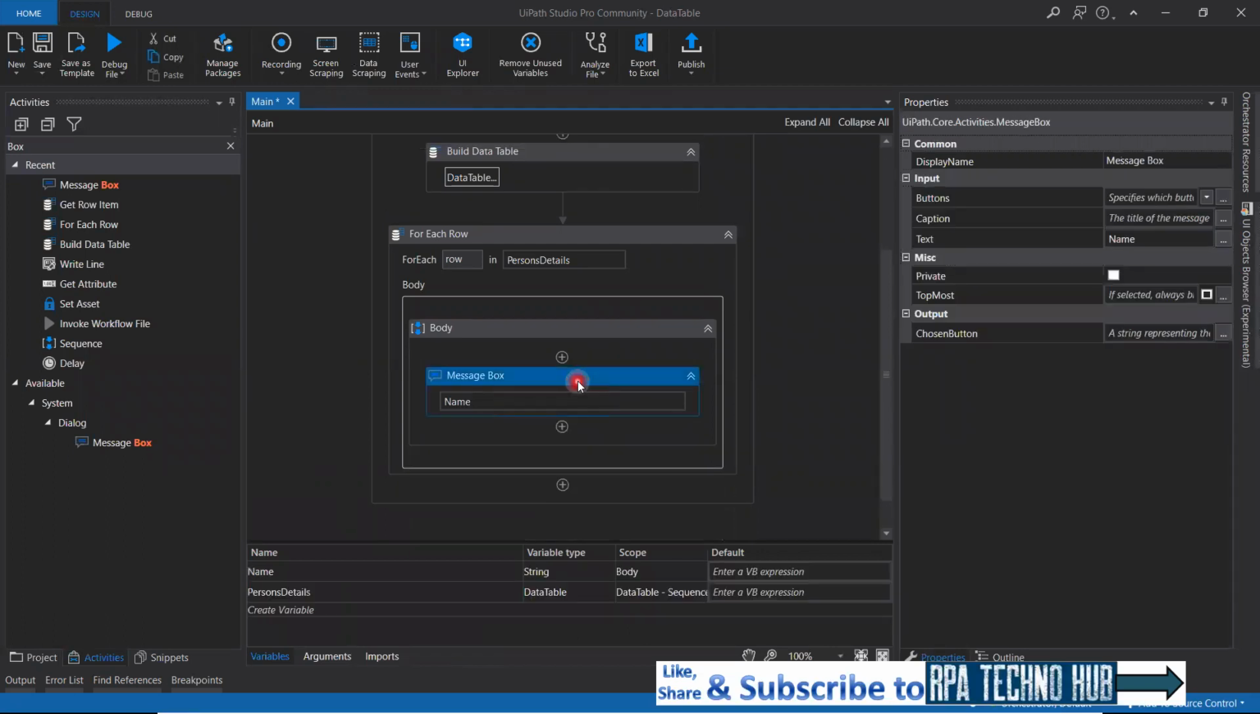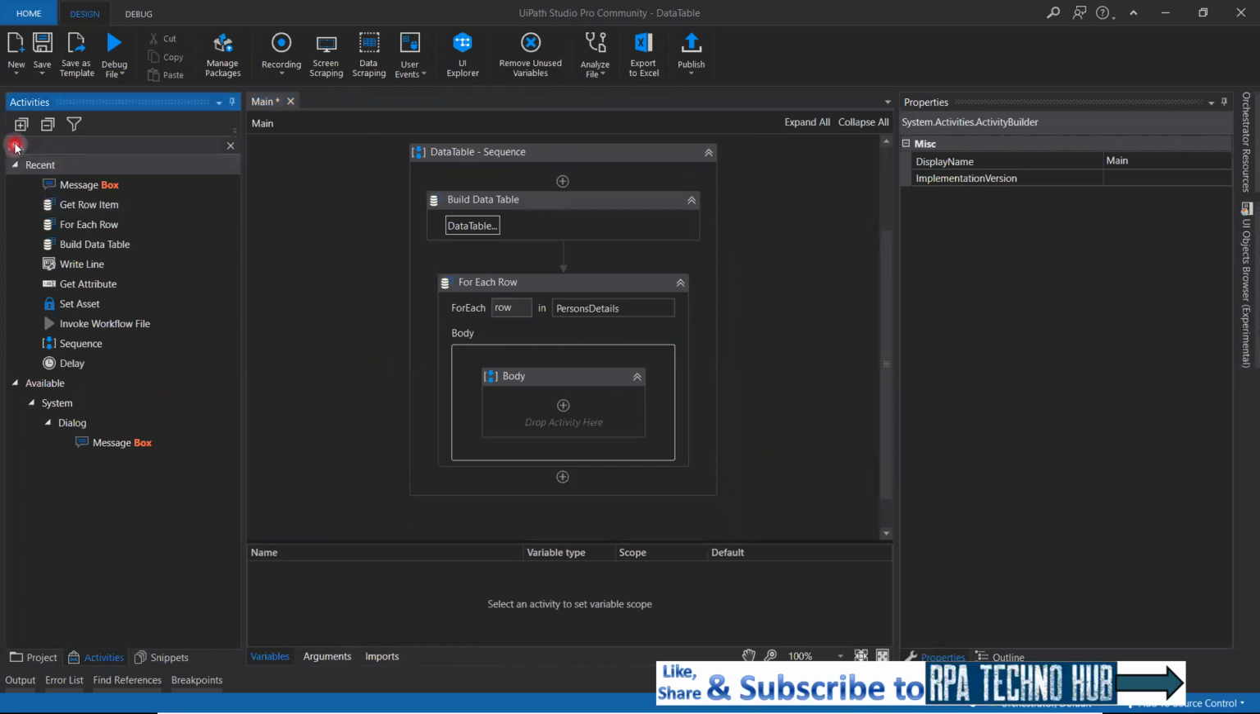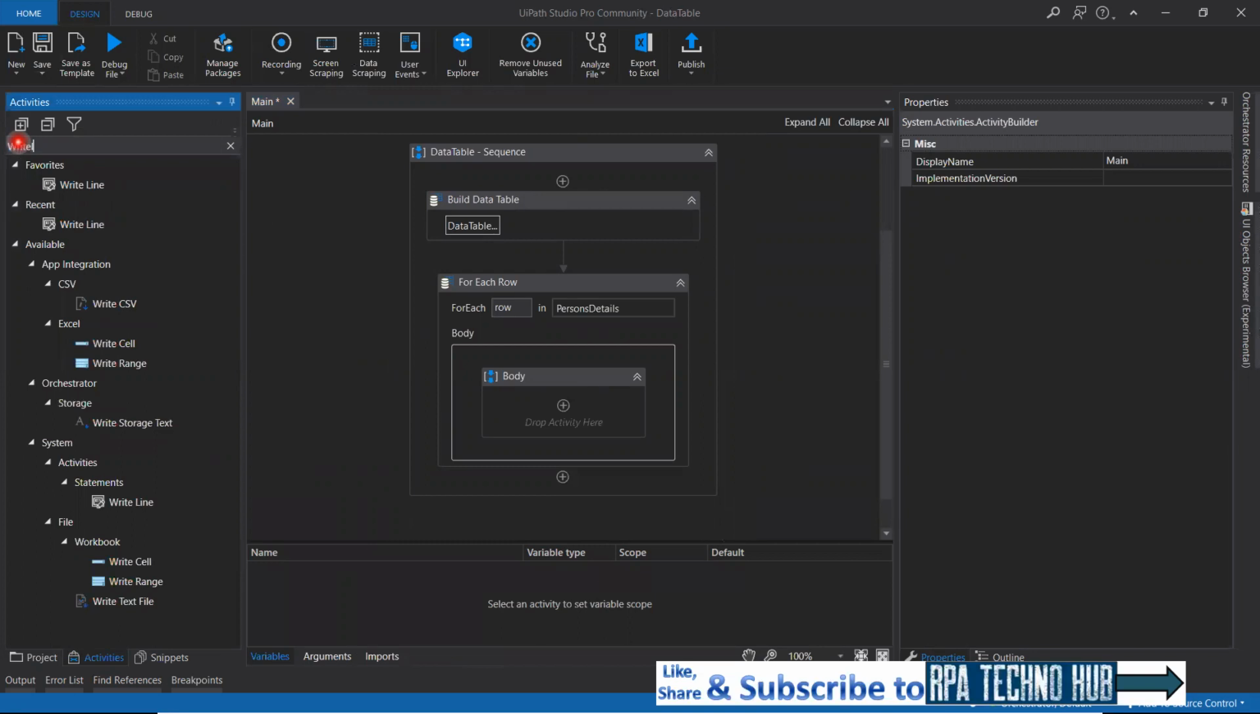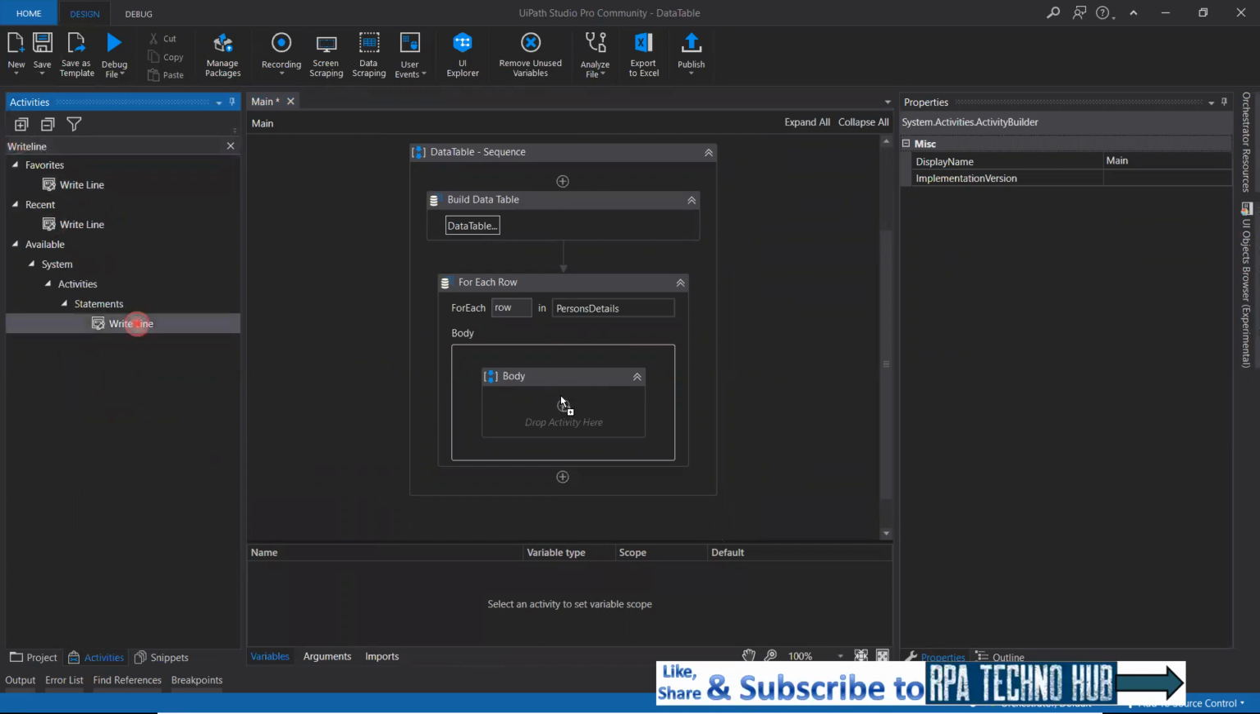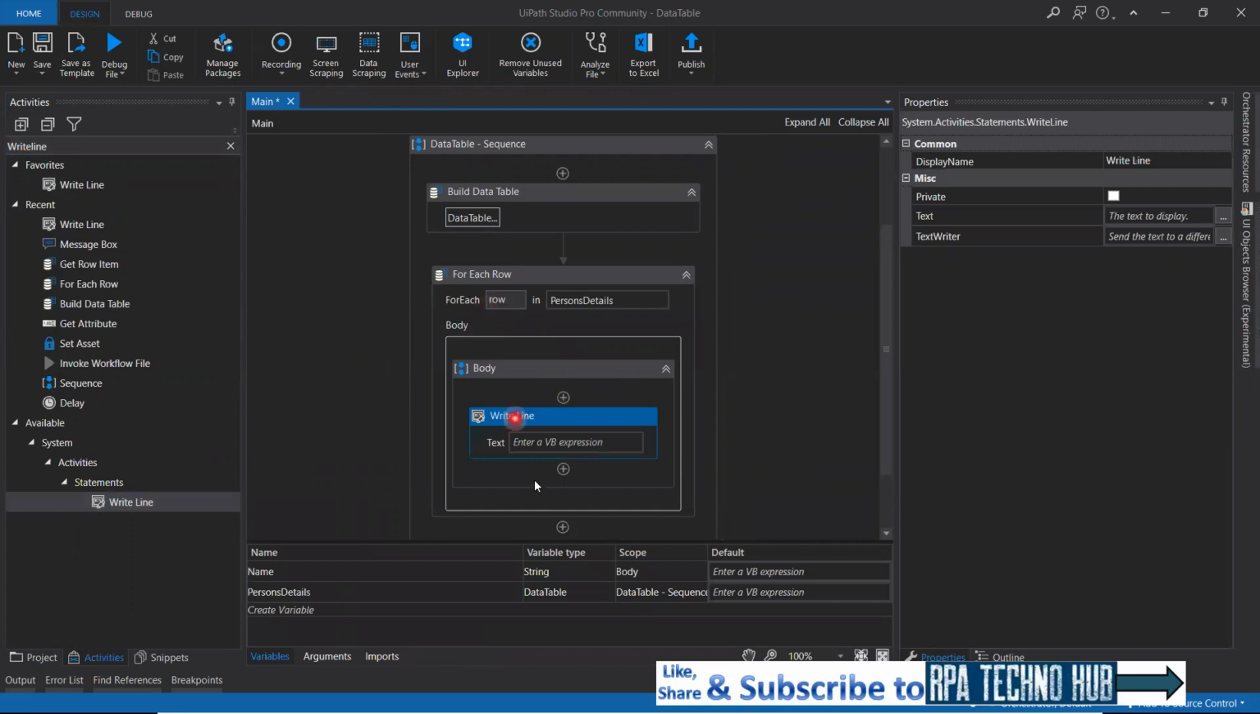So otherwise, here I'll use Write Line. The simple way to get the data from a data table row is Write Line, just use Write Line. And here the argument is row, right? So I want to say the name is, and then say row of, this time I'll use index, that is first row of 0 dot ToString,